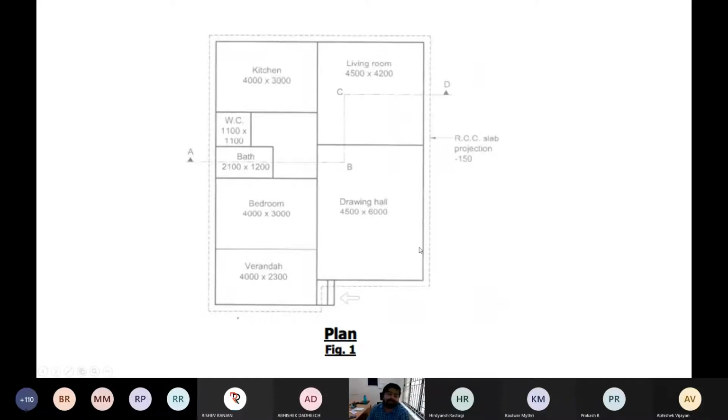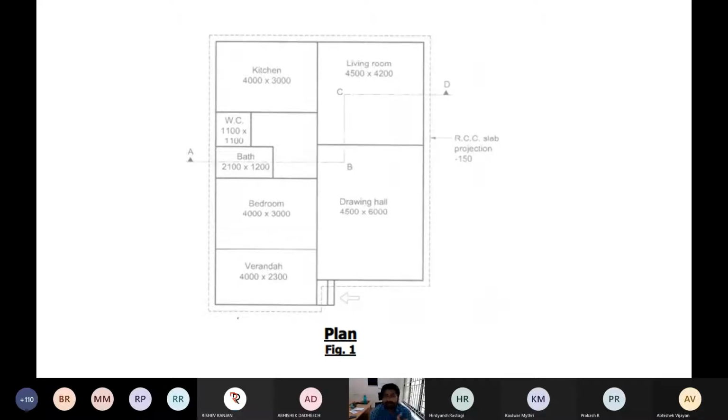So something is missing here. You can see in this figure. What are the missing items? Here dimensions are given, and proper arrangement of rooms and everything is given. But something is missing here. Doors, windows. Yes, doors and windows. That you have to do. That is your choice actually.